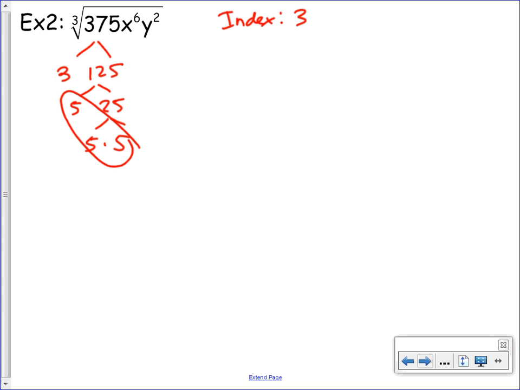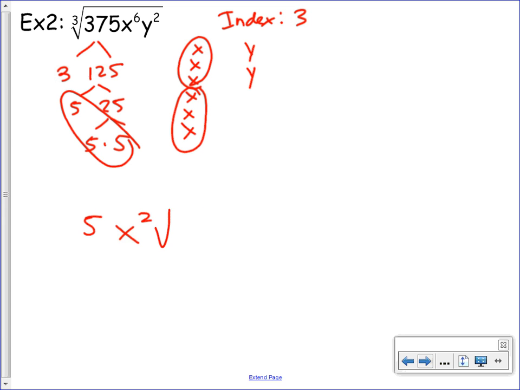For the x's, there's 1, 2, 3, 4, 5, 6. So there's a group of 3, and there's a group of 3. And y has no group of 3. Since a cube root is not plus or minus, you just take the numbers as is. We have one group of 5, x squared inside the radical, 3y